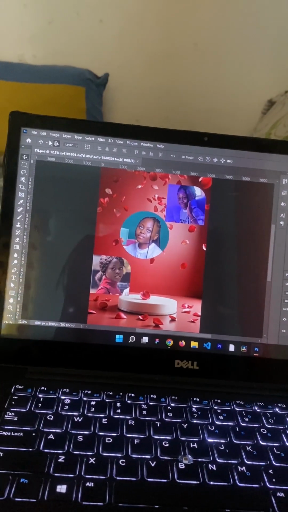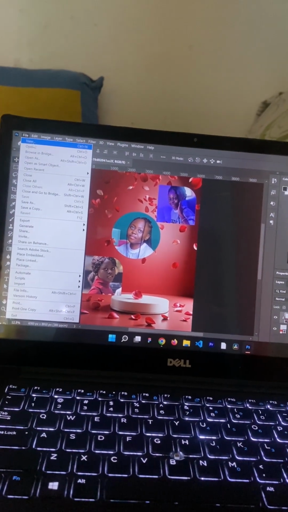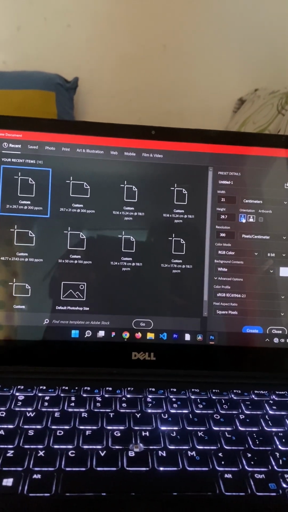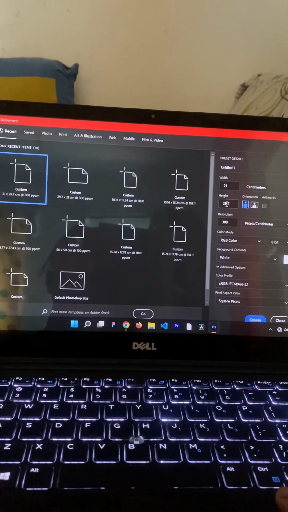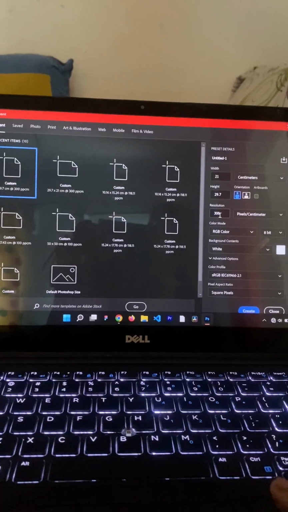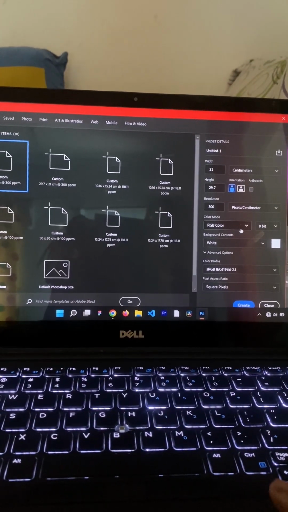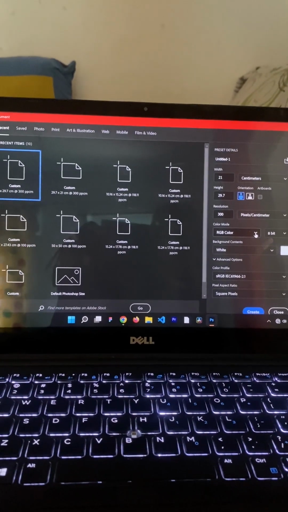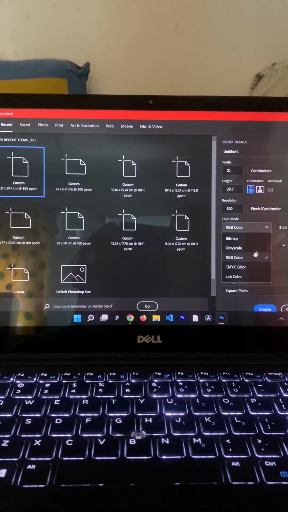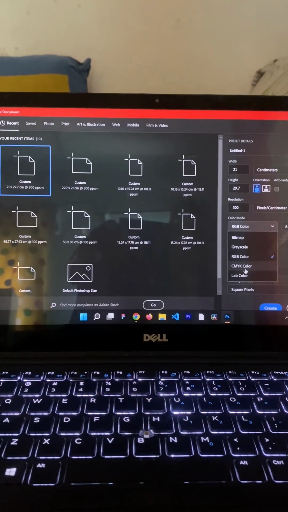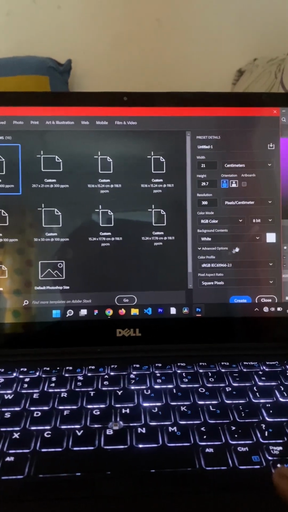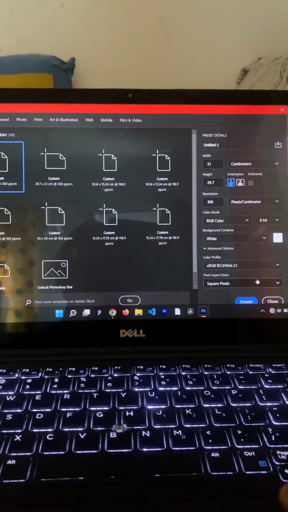So I'll go to File and click on New. We have this layout. I'll set my frame size to portrait. I'll set my height to 29.7, my width to 21, and my resolution at 300, and my colors in RGB. There are two types of colors that people mostly use to design: CMYK and RGB. RGB is for web view, while CMYK is for printing. So this is just for web view. I'll be using RGB. My background is at white, so I'll click on create,